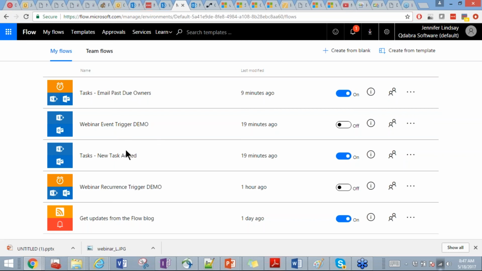And can we use Flow to calculate running totals of values in a field in a SharePoint list? So Flow does not have the equivalent of workflow variables that can be saved in the middle of it.